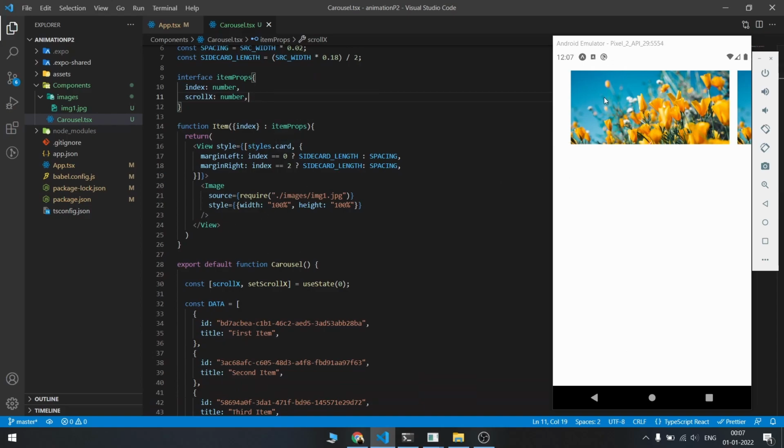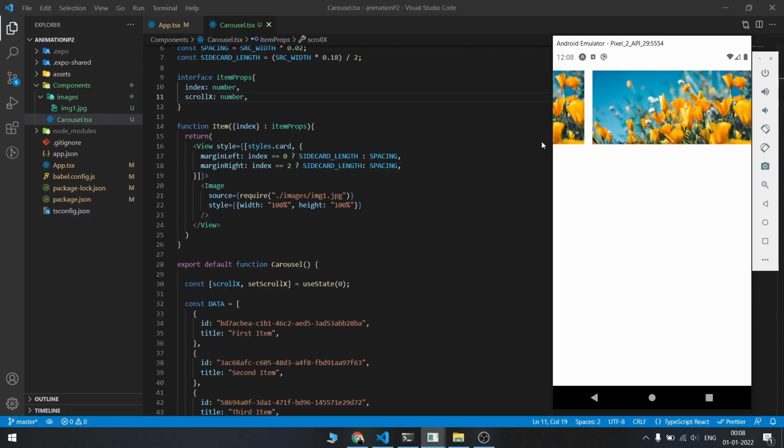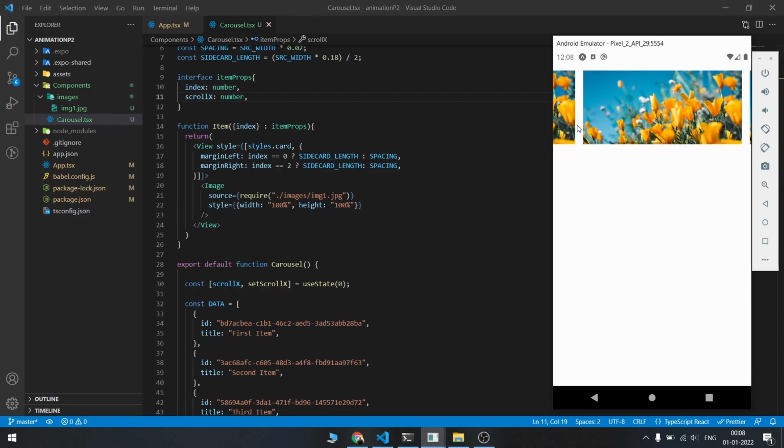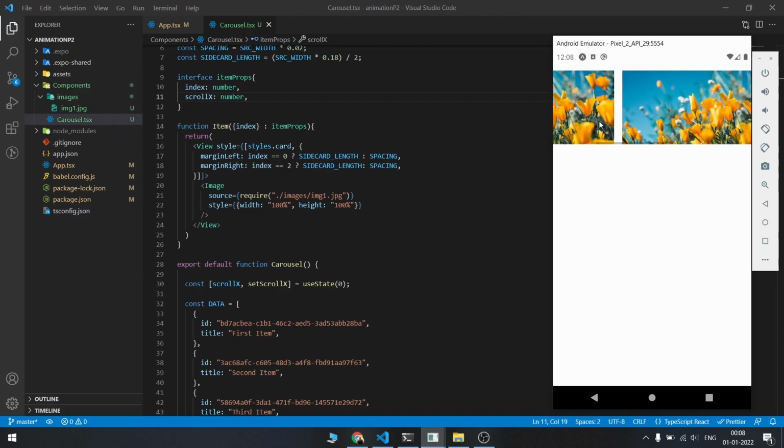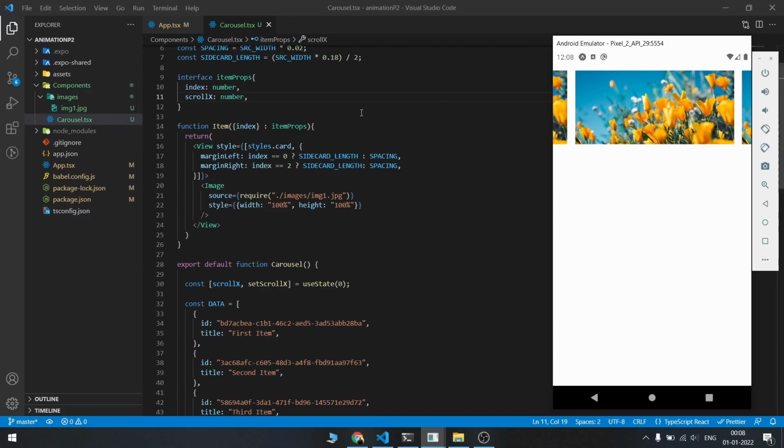First, I need to tell you how the animation will work. So our entire animation is dependent on the scrollX property. So let me tell you why. If you see here, we are at phase 1, right? We are at the beginning of our list. So the scrollX will be at 0 because we haven't scrolled anything on the list yet. Now, if we scroll from this point to this point, like this, what we have scrolled is the length of this card, right? We have scrolled this much length. So this length is the card length. So in this case, our scrollX property right here will be equal to the card length. So this is how scrollX works.